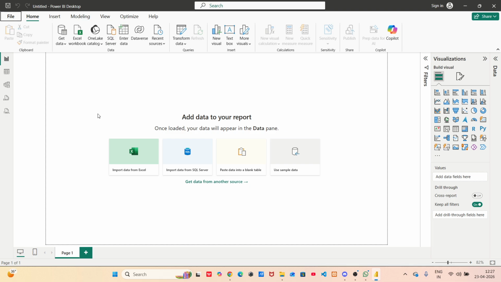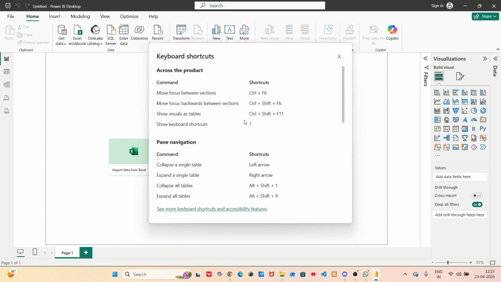Once you have Power BI open, we can explore some of the global shortcuts that are designed to make your navigation faster and easier. You can do this by simply pressing Shift and the question mark key. That's Shift Slash on your keyboard. This shortcut works from anywhere within the application, ensuring that you have quick access to essential functions without having to